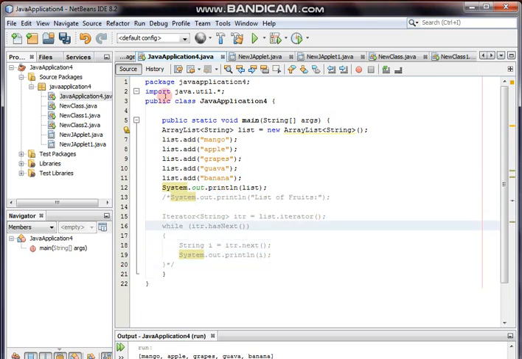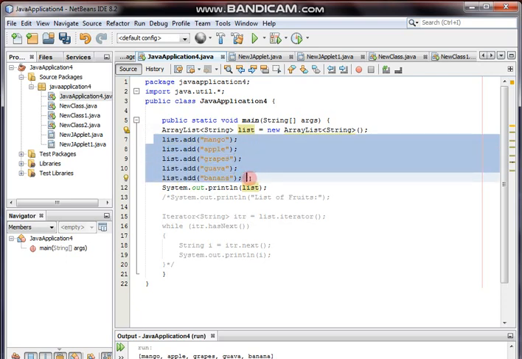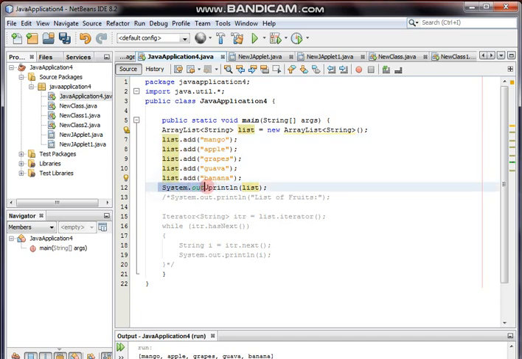In this program, what happened? I took an ArrayList object, I took list, and I have added to the ArrayList mango, apple, grapes, guava, banana. All these I just added to the list. Thereafter I want to print them, which we already learned. System.out.println(list). List is the object where I added all these 5 items. So these items now I want to print. So let's check the output.